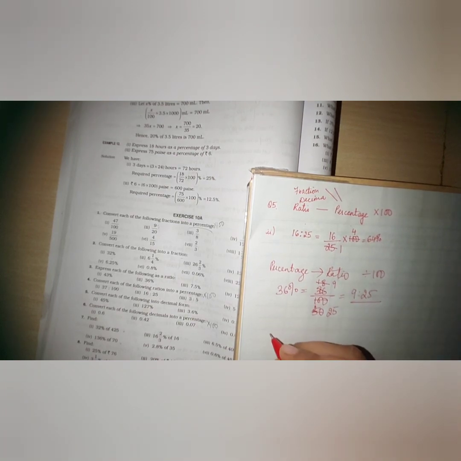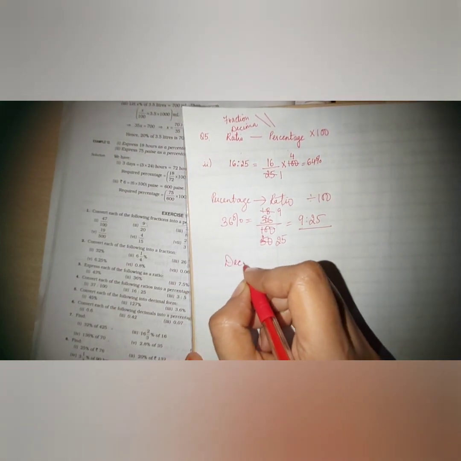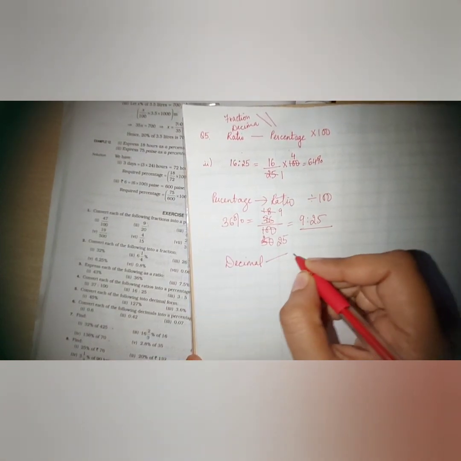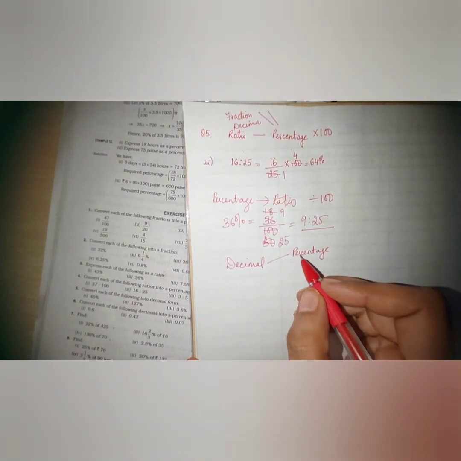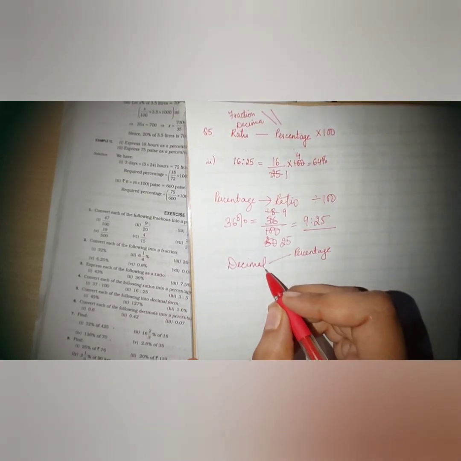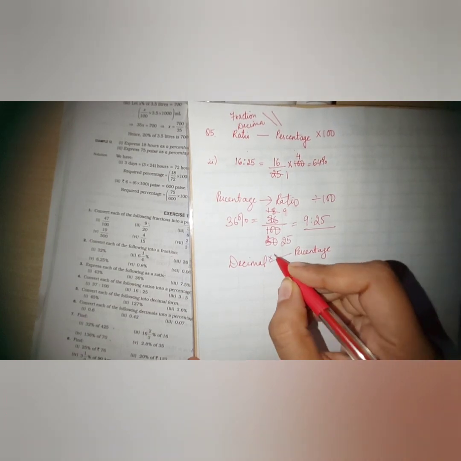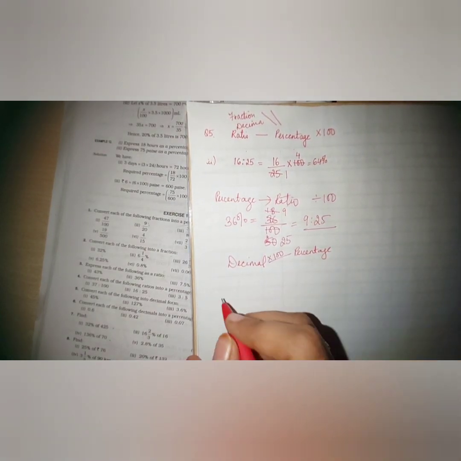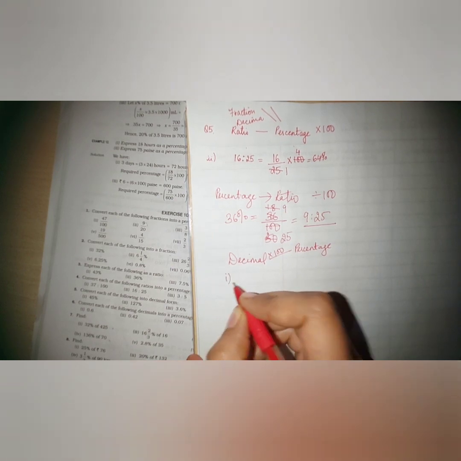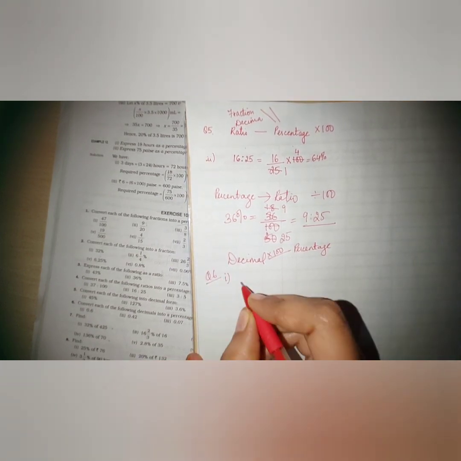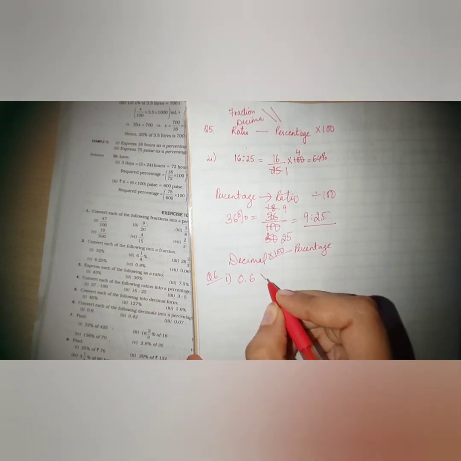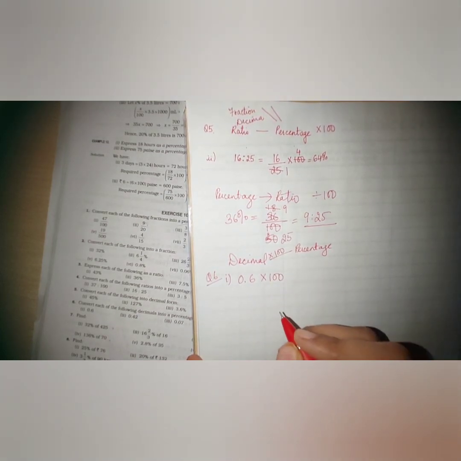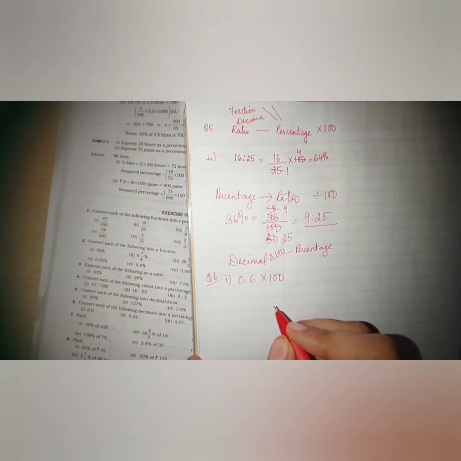Now let's take a case of decimal number. Okay, suppose we have a decimal number and we have to first change it into percentage, and then we will do what? Vice versa of it. Then we will take a percentage and change into decimal. When you are doing this, you need to multiply it by 100. Let's take a value. Suppose my question is first part, question number 6, first part 0.6. This is my decimal number. How will I change into percentage? By multiplying it by 100.